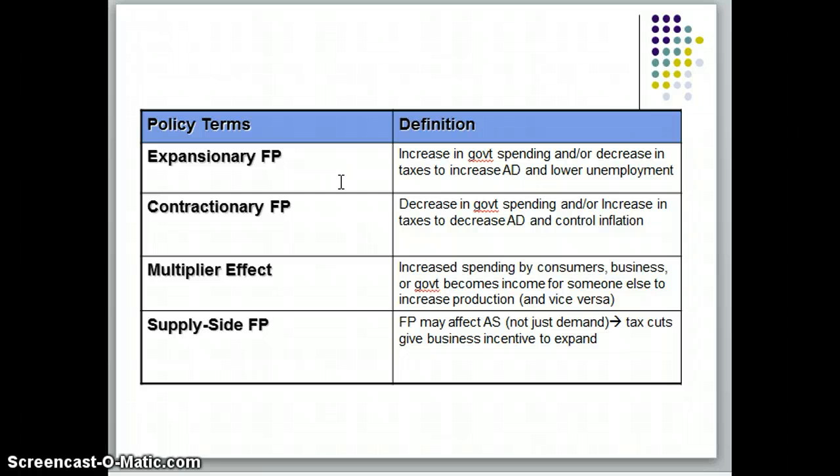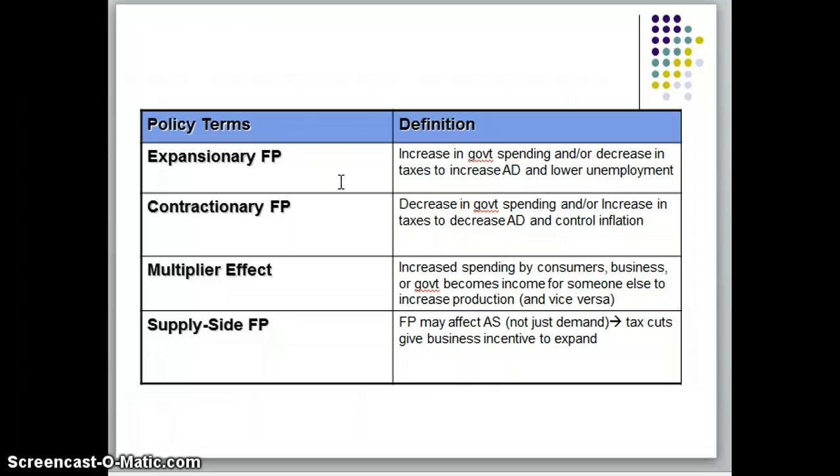So both of these policies lead into something that I've referred to throughout the semester at times. You guys should recognize this, which is known as the multiplier effect. And I've given you examples in class about taking a rock and throwing it into a pond, and you see the ripple out effect of that rock. Well, essentially, that's what I think of when I think of expansionary fiscal policy.